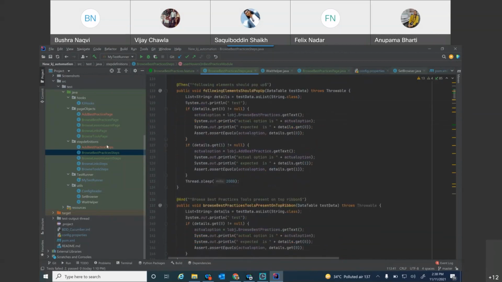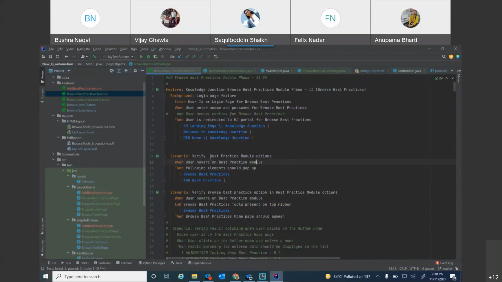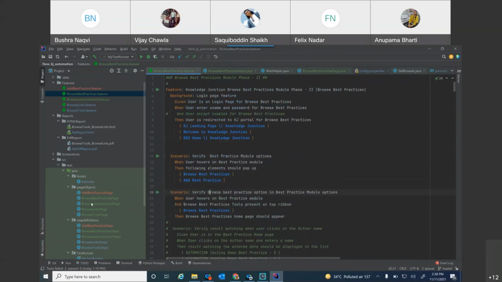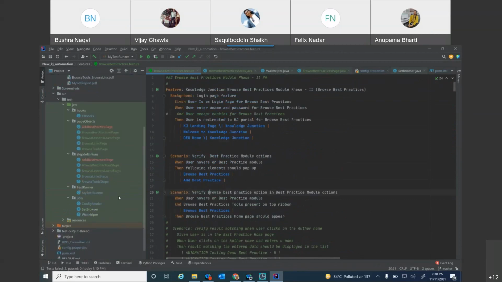Yes, and after that, the following element should pop up. So I'm mentioning in our data tables, like browse best practices, I'm passing this key value, and it is going to check whether this exact value is there or not, followed by the same thing I'm doing over here. So this is all about the framework. And after that